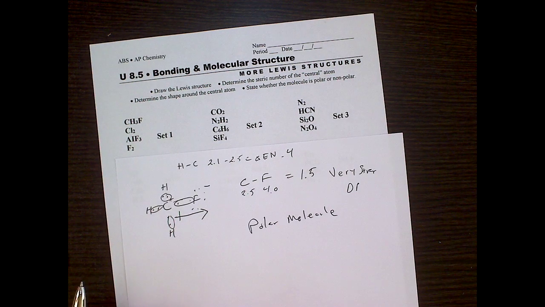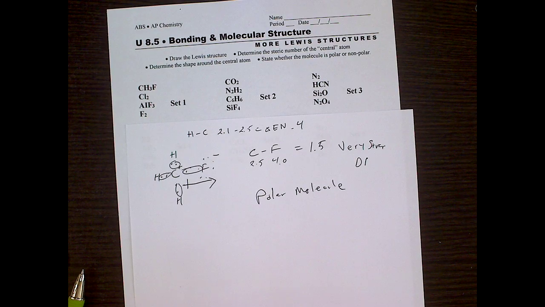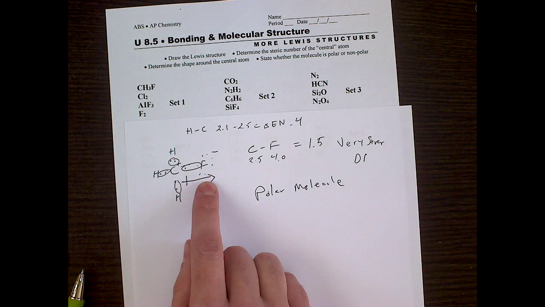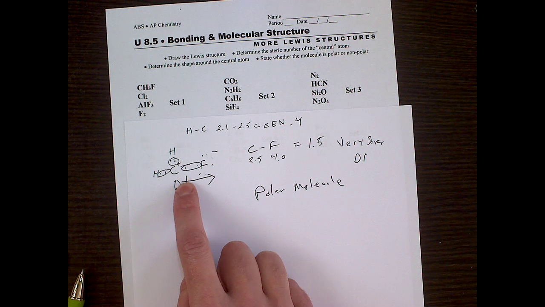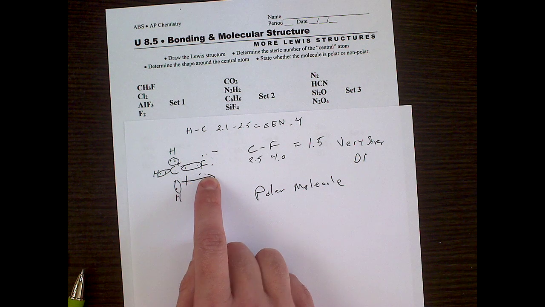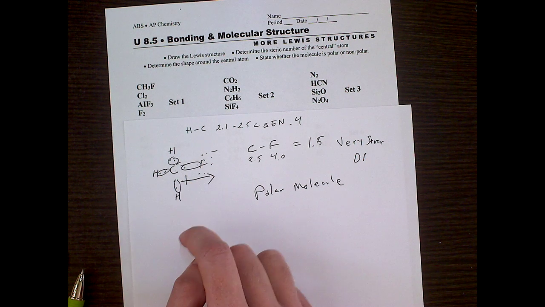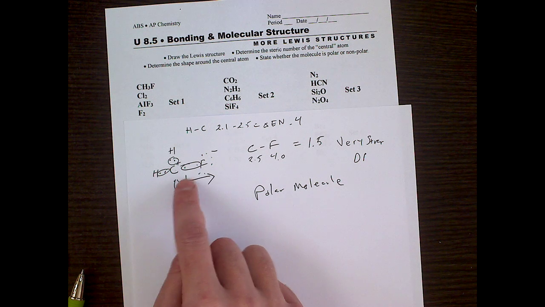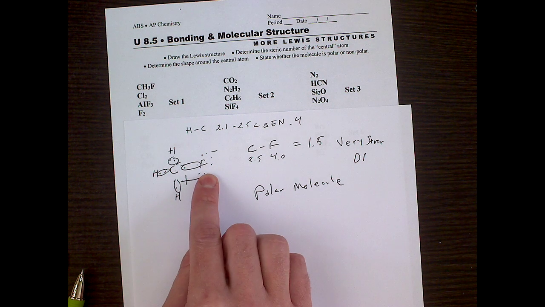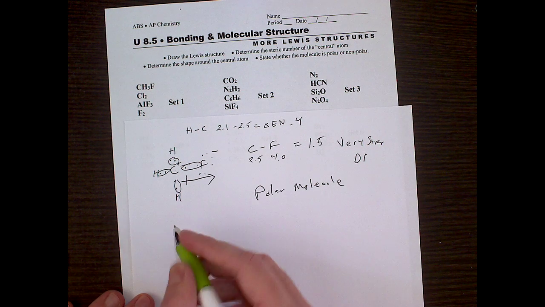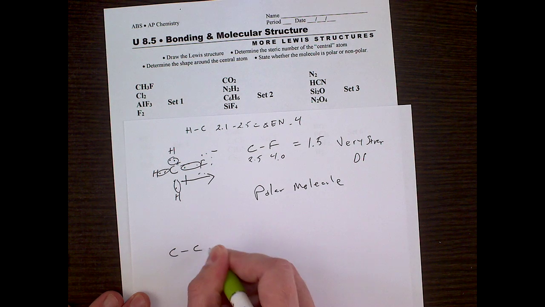Now, how polar is this molecule? Well, it partially depends on how many of these dipoles it has. So for example, if I look at this, I've got a dipole hanging off the end, but the rest of this molecule is not polar. Okay, so when I see this dipole here, a positive and a negative, it's only polar on one side. So if I compare it to a molecule like this,